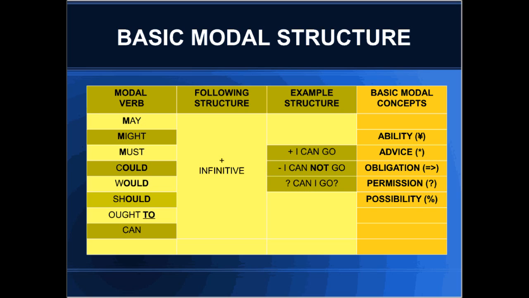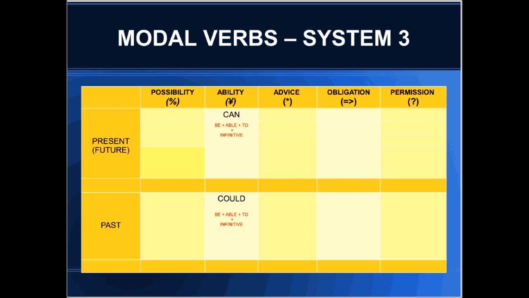It's contextual. You have to look at the principal idea in the conversation, and from that perhaps an adverb phrase of time included there. From that you then get an idea of if we're discussing present time or future time. So what we have here is a chart for the modal verbs, or system 3 in the verb map. Usually we begin with ability,